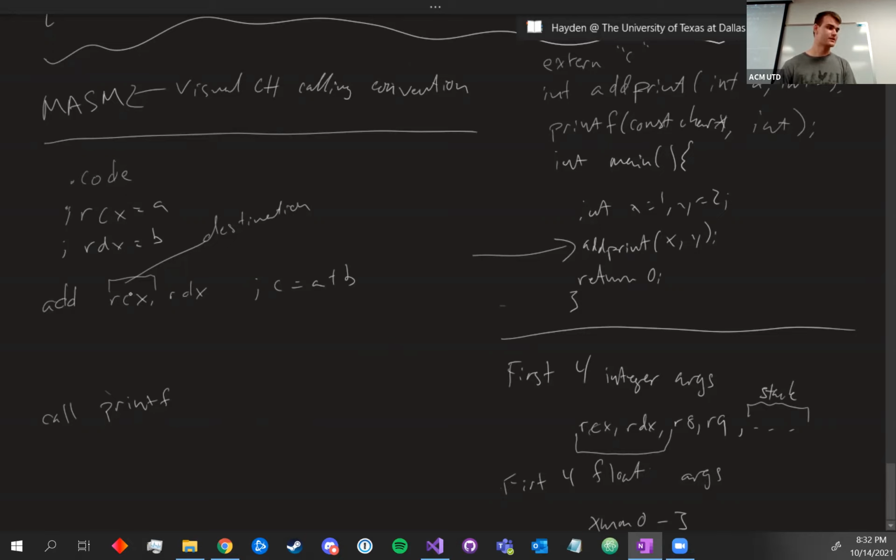Unfortunately, we've used RCX here as the destination, so I'm actually going to change this. We will just switch those. So now RDX stores C. And all we have to do here is move into RCX the address of our string. Again, just assume this is defined somewhere external to this, and these little square brackets will get the address of that and put it in there. I believe that's how it works for constants. And then we call printf,